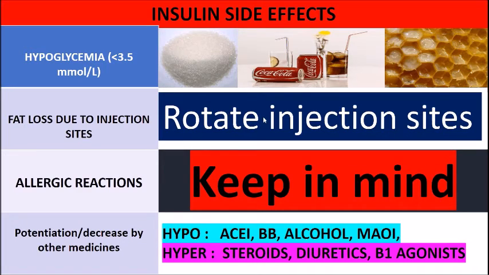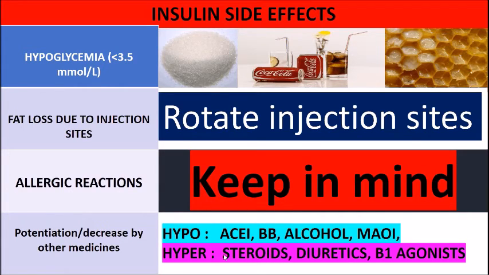Also, rotate the injection site. There can be allergic reactions, both to the human and the analogs, and also the animal insulin. The only one I've seen is the Hypurin, which is now rarely used. Hypoglycemia is also increased by ACE inhibitors, beta blockers, alcohol, and monoamine oxidase inhibitors. Especially binge drinking is very dangerous if someone is taking insulin, because the risk of hypo could be greatly increased,